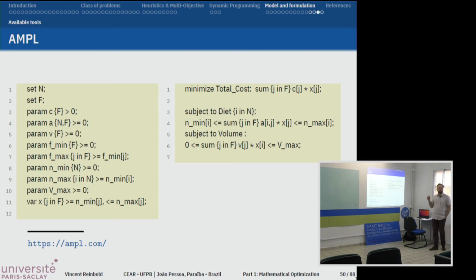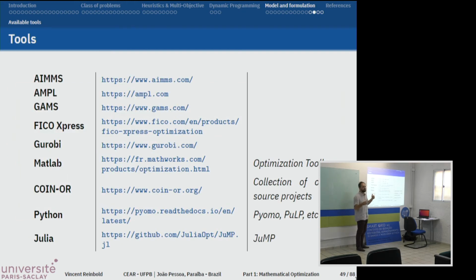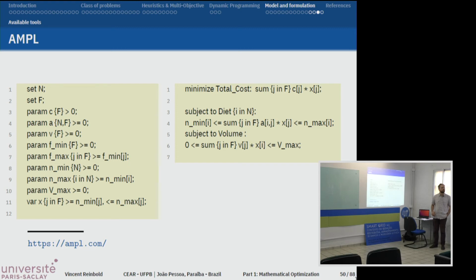This is a simple example of AMPL language. So AMPL language comes from this family, this family of the old languages. There are languages for optimization, but they are quite old because they are not object oriented. Okay, so